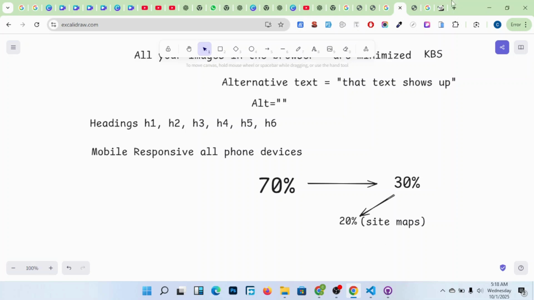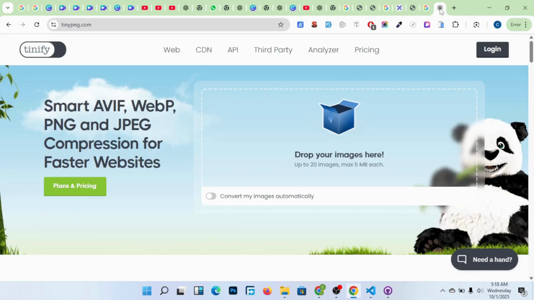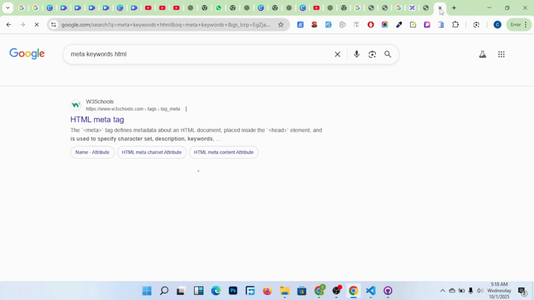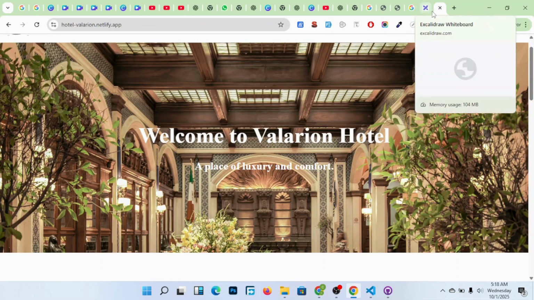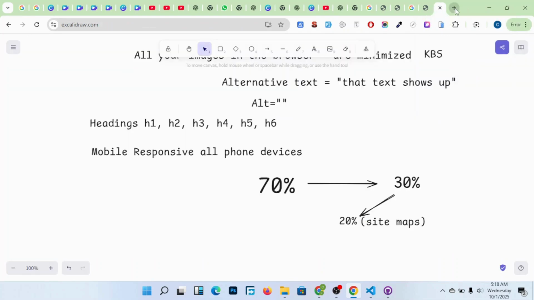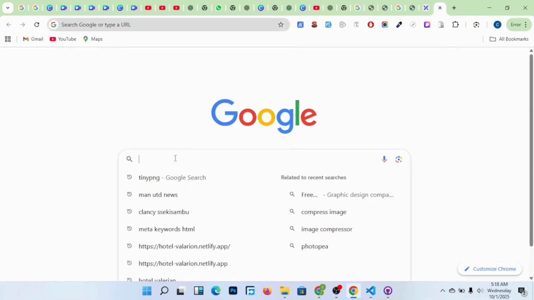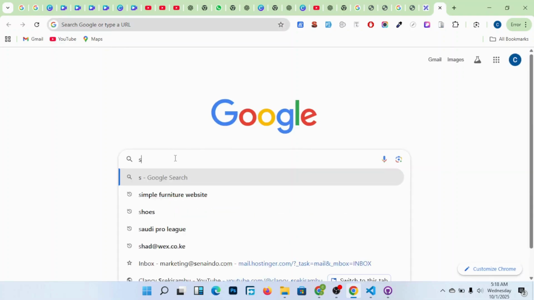So I come here and I'll show you. I look for sitemap generator.